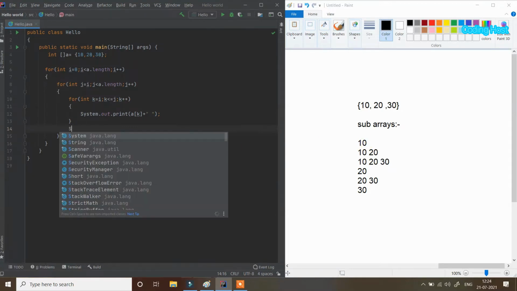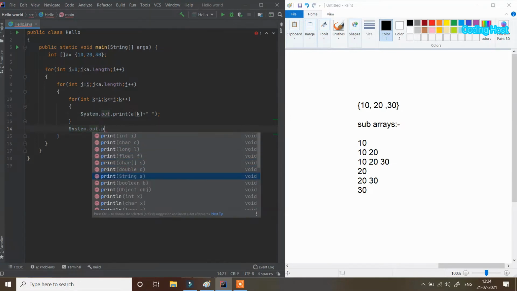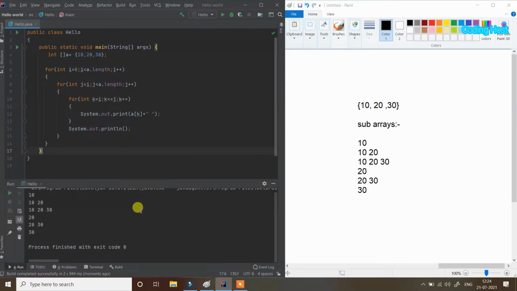So I will write System.out.println here. Let's run this program. You can see in the output we are getting 10; 10, 20; 10, 20, 30 like this, in the way we wanted to print the elements.